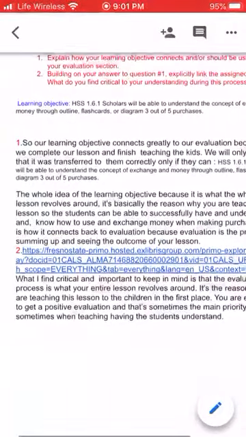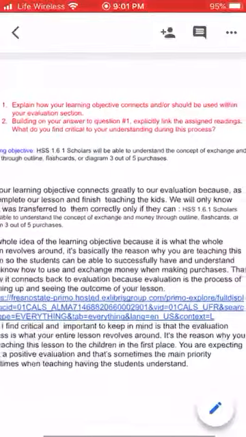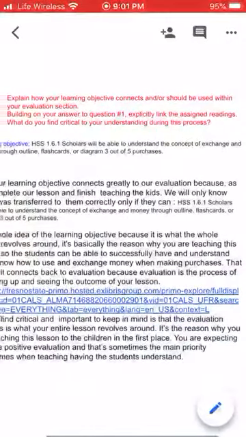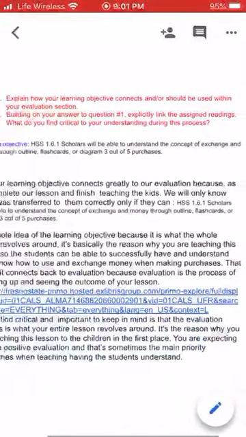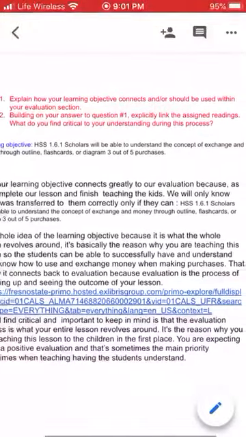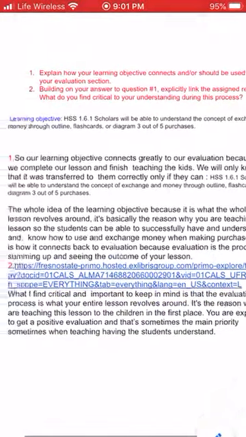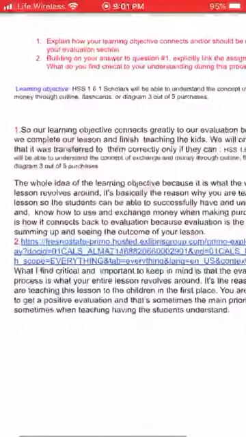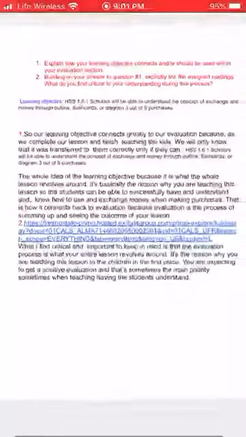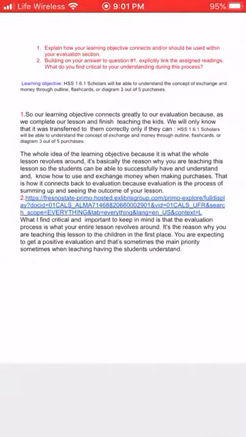So, first of all, let's go over my learning objective, which is that students will be able to understand the concept of exchange and money through outline, flashcards, or diagram, 3 out of 5 purchases. So number 1, our learning objective connects greatly to our evaluation because as we complete our lesson and finish teaching